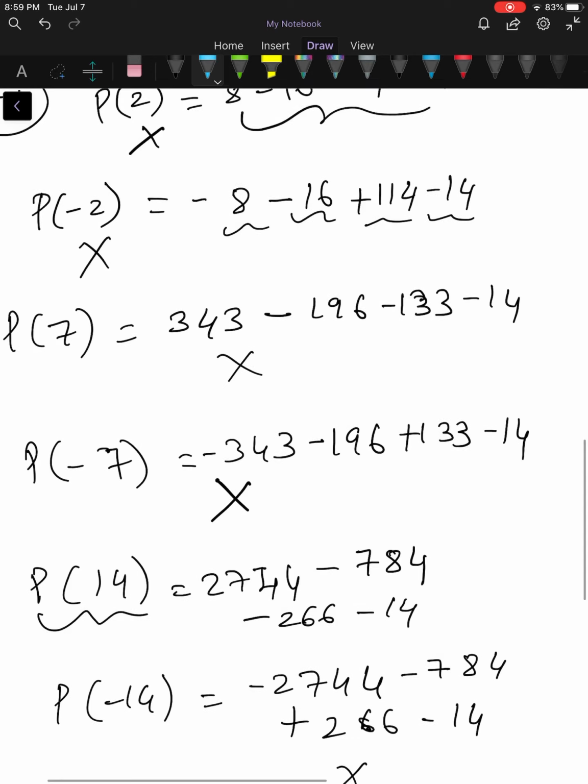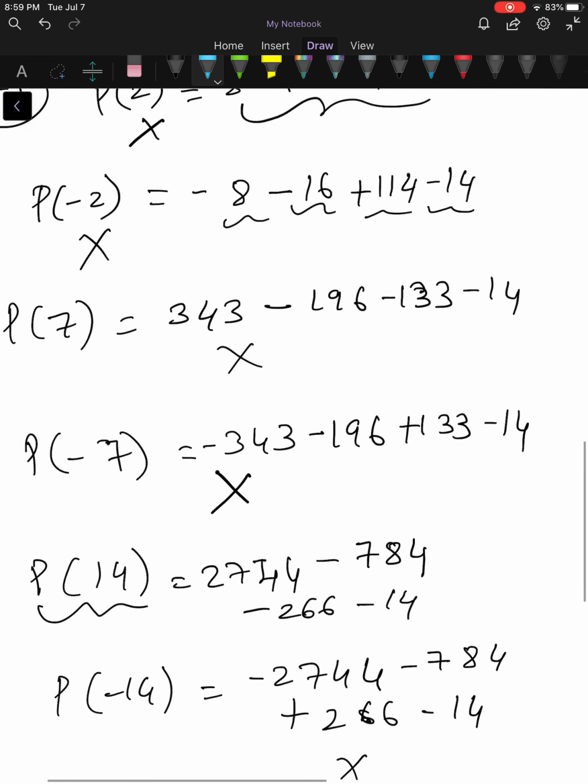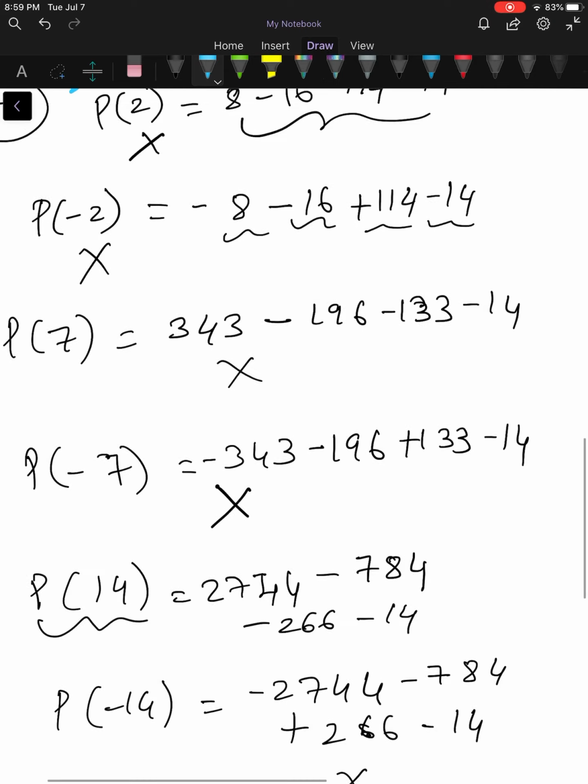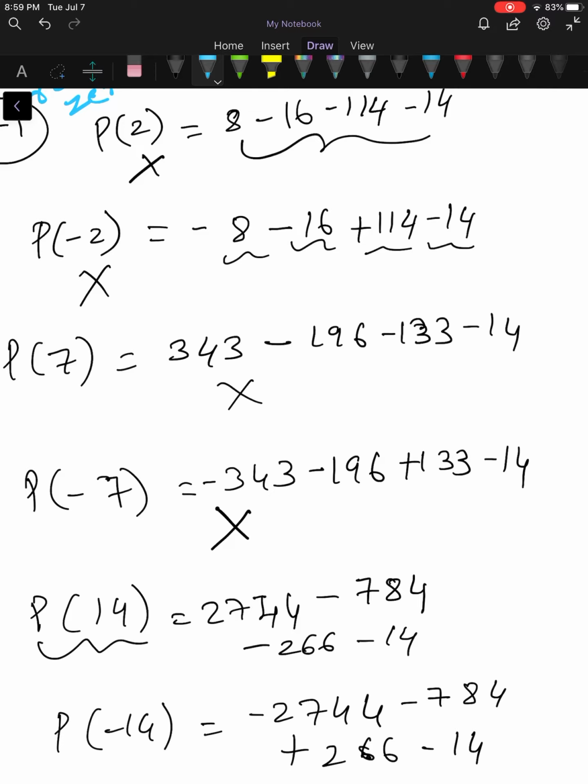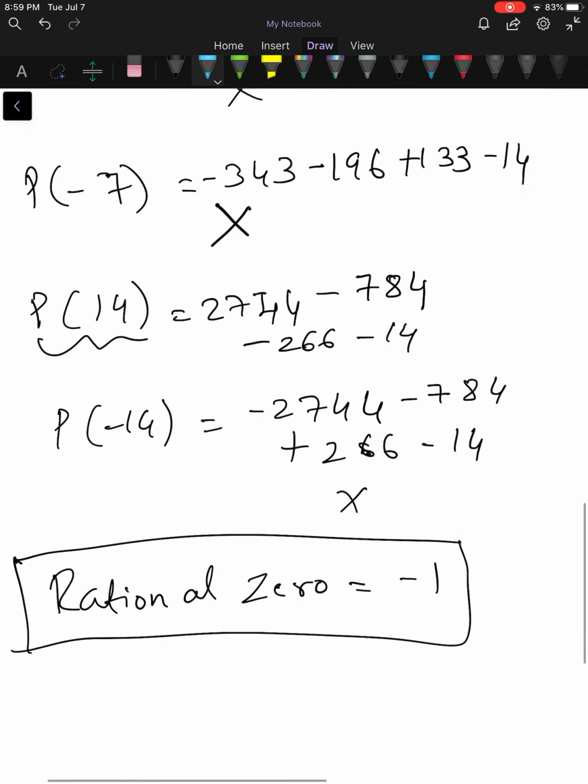I have written down the values for you. You can check it out using a calculator, or you can try it by yourself. So all these numbers do not satisfy the equation, or upon substitution and simplification it is not giving you the value 0. So therefore the only rational root is negative 1. So the rational zero is negative 1. So this is how you find out